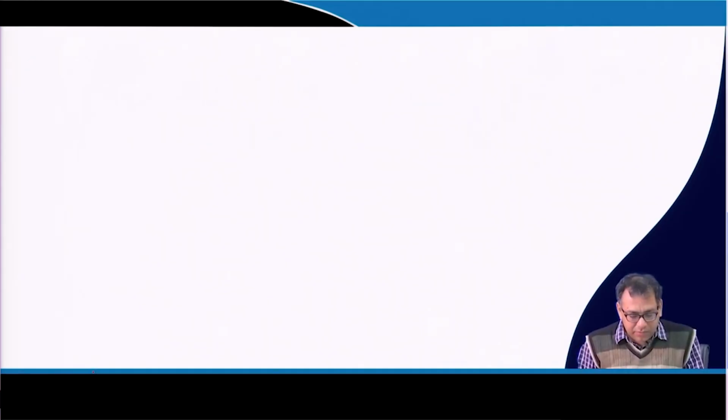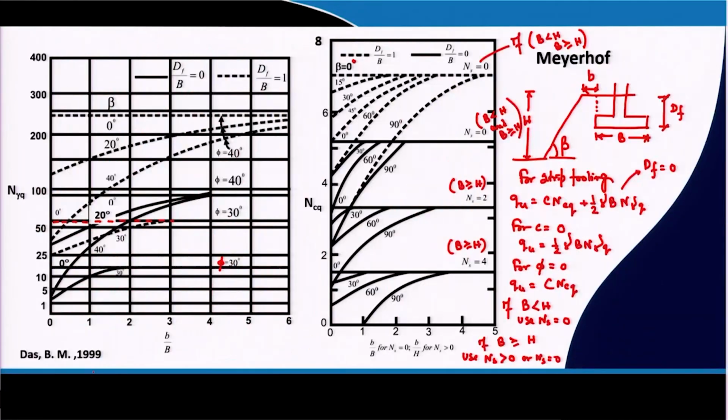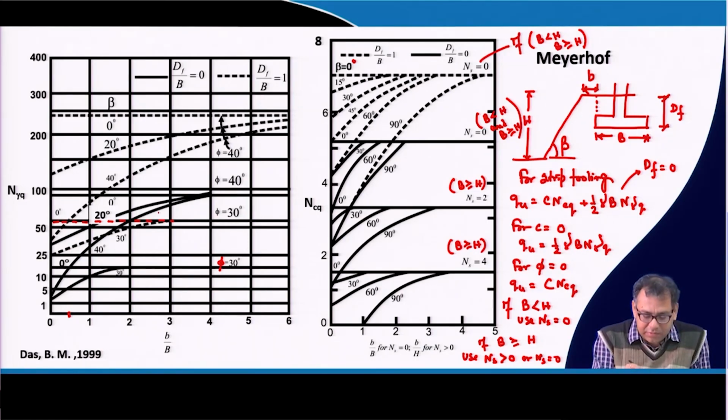Okay. So, now we have to go for the chart. So, this is the chart. As C is equal to 0, only phi, and phi is 40 degree. So, b by B is equal to 0.5. So, 0.5 means it will be somewhere here. Okay. So, this is 0.5, and your phi value is equal to 40 degree, and Df by B equal to 0, that means firm line. So, phi is equal to 40 degree means firm line, and your beta value is 20 degree. So, that means this is the line. Okay. So, this is the line. So, if I extend this line,